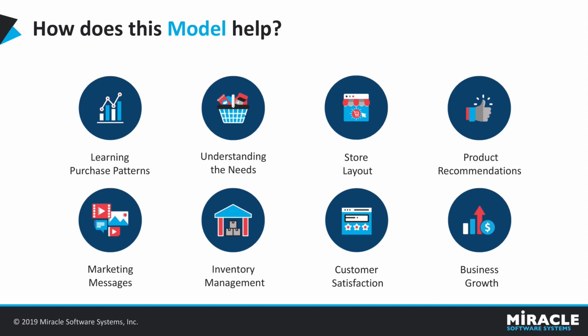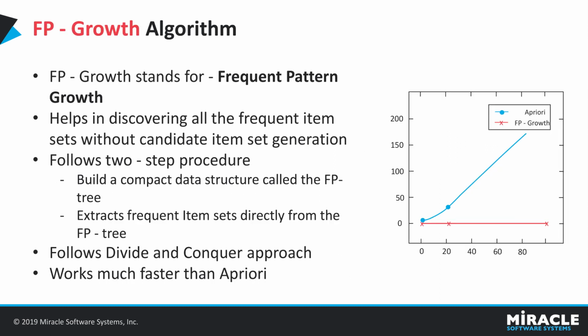Moving further, the most popular algorithms for generating association rules from transactional datasets include Apriori and FP growth algorithm. Let's have an overview on the FP growth algorithm. It is used for discovering frequent item sets in transactional data. It is a very fast and memory efficient algorithm. It uses a special internal structure called an FP tree in order to organize all the frequent item sets that are generated from our given input. And it is also much faster than the Apriori algorithm.